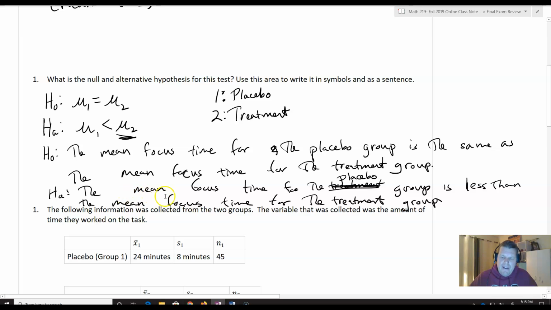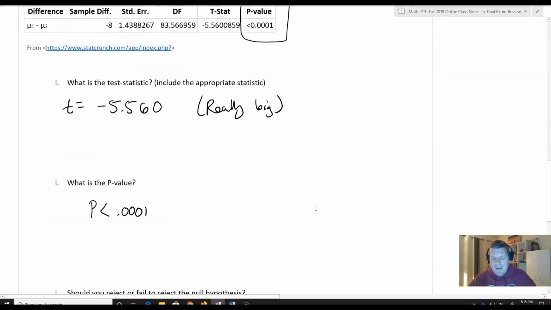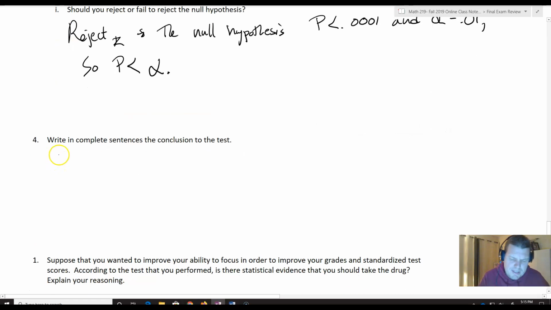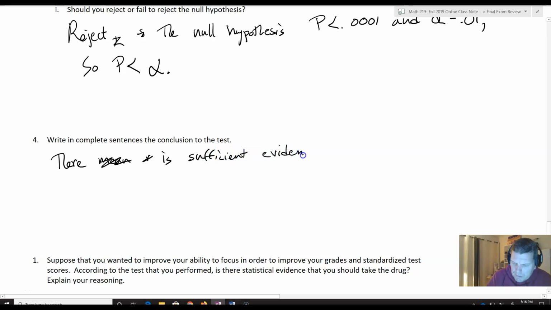Well, I have enough evidence to support that the mean focus time for the placebo group is less than the mean focus time for the treatment group. And so that's what I'm going to say, right? I'm going to support my alternative. So I'm just going to say the mean focus time. There is sufficient evidence to support the claim that, and then we're going to actually state the claim, that the mean focus time